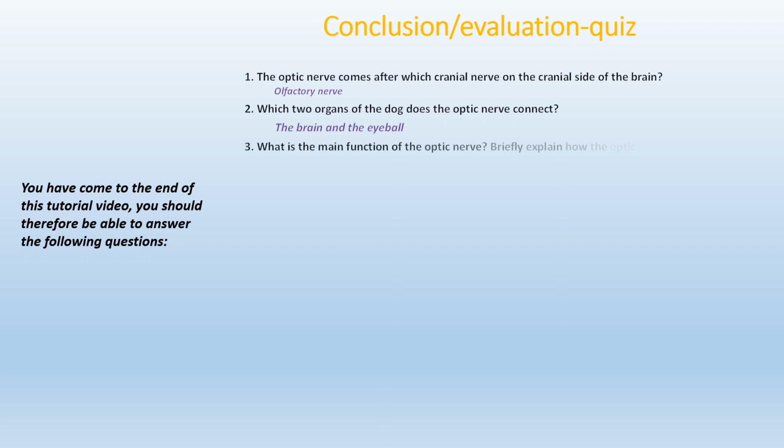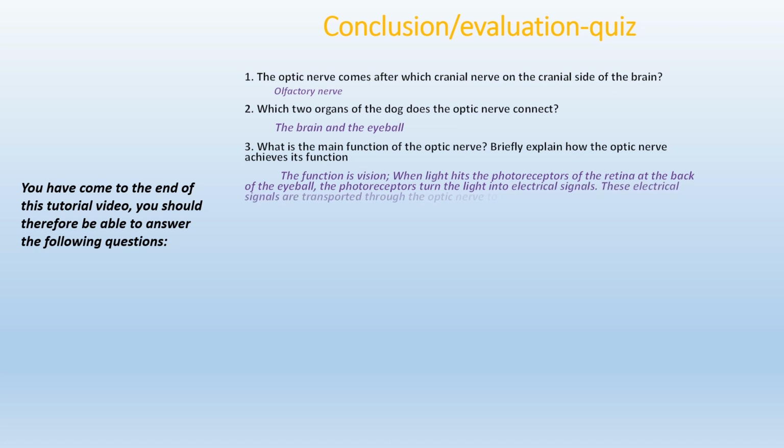Then the third question is what is the main function of the optic nerve, and briefly explain how the optic nerve achieves its function. Of course, the main function of the optic nerve is vision, and to explain how the optic nerve achieves its function, we can say when the light hits the photoreceptors of the retina at the back of the eyeball, the photoreceptors turn the light into electrical signals or impulses, and these electrical signals are transported through the optic nerve to the brain at the occipital lobe, where the electrical impulses are now translated into the images